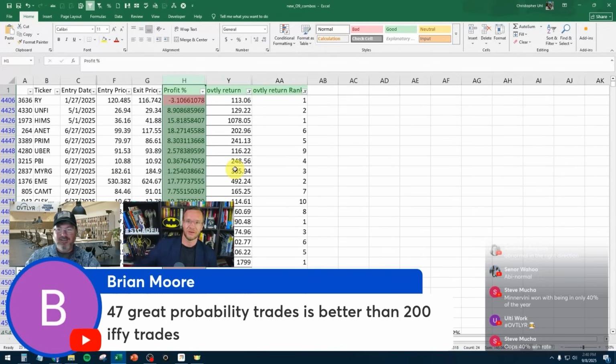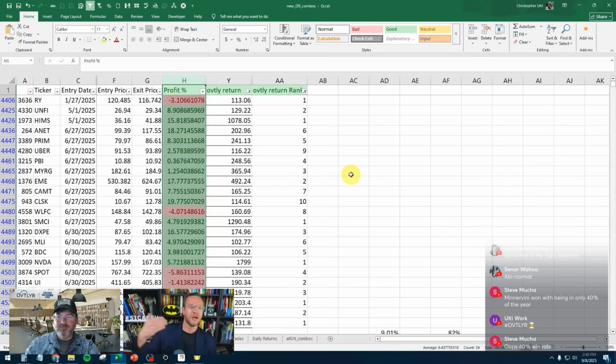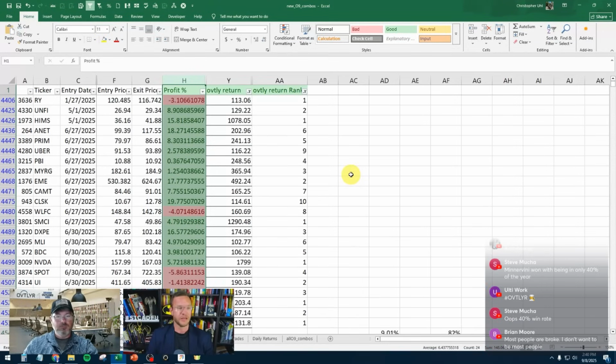Right. And that's the power of the outlier here: we have all this data. We've been trying to figure out how to take the signals that were already being generated, all the data with the breadth and everything else, and come up with a plan that is most useful, most capital efficient. That's the word, right? For every day you're in the market, how much better are you outperforming the market? Joe, perspective time.